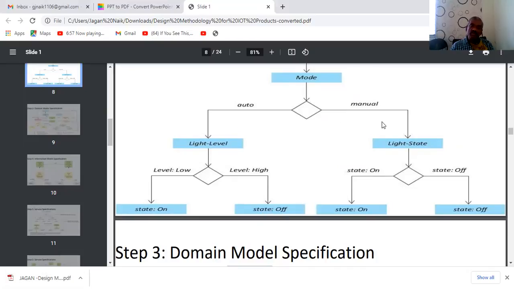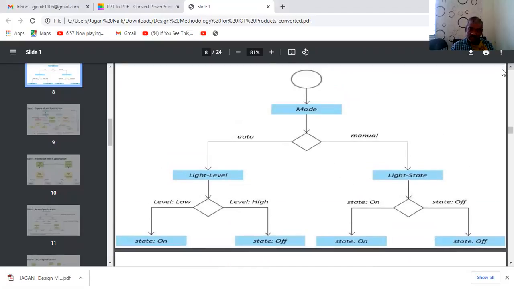Whereas in the manual mode, if the state is on, then the light should be on. If the state is off, the light is off. So these are the design concepts we are applying for the IoT implementation of the lighting modes, right?